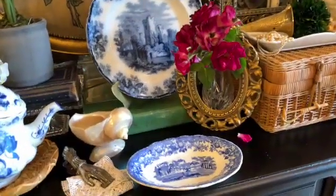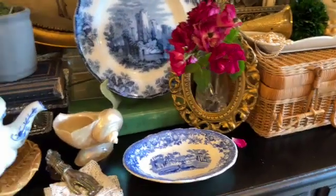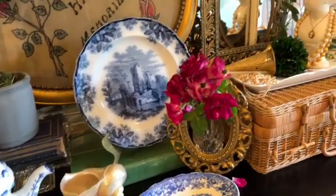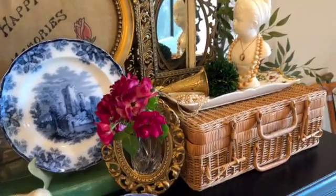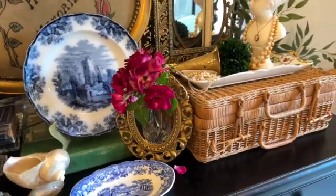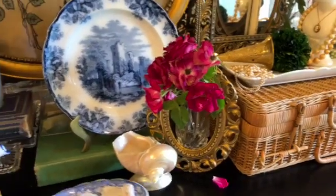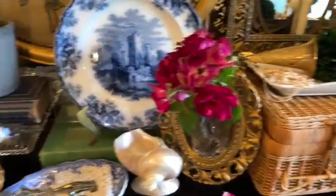I struggled to use this. That way I have at least 3 blue and white that are similar in their blues in this vignette, and I just couldn't place it. The little picnic basket is a little larger than what I would have wanted to use, and had it been a little smaller, I'd probably have been able to use it. But if you have any ideas, just let me know. I mean, could always do it like that or something, but that looks like I was trying too hard. So anyway,